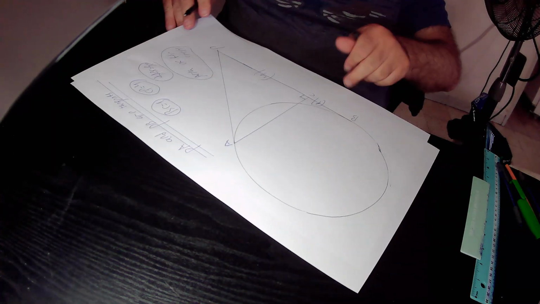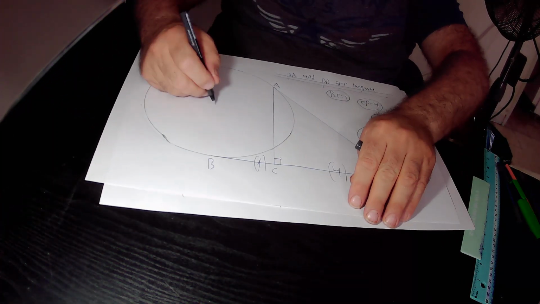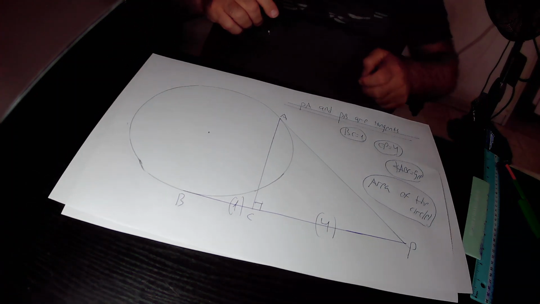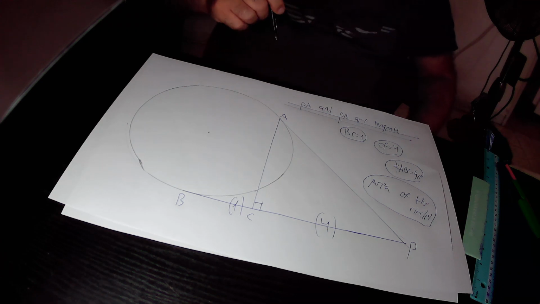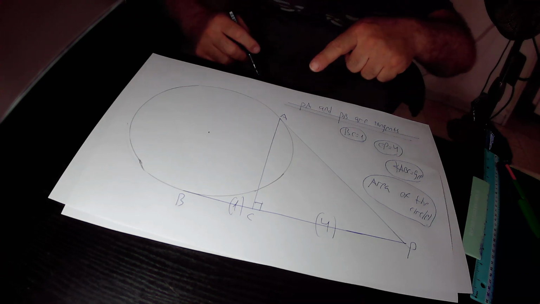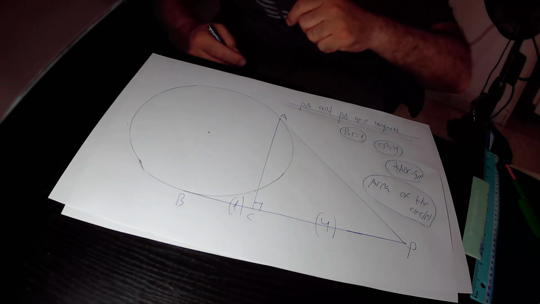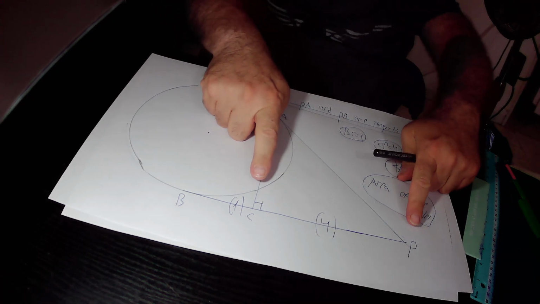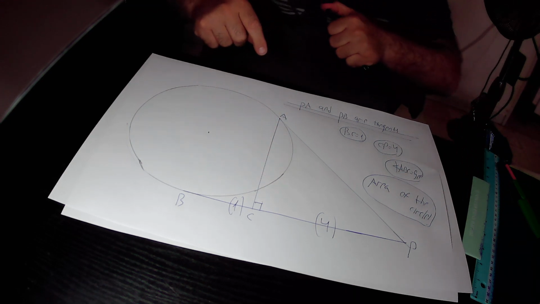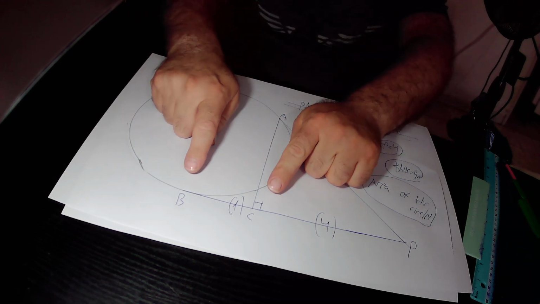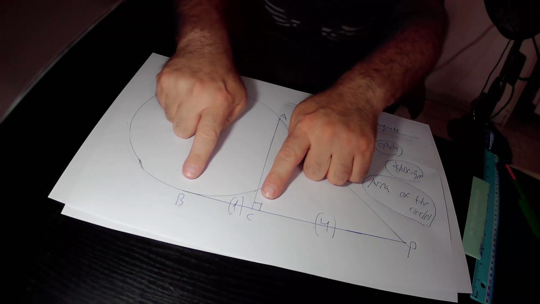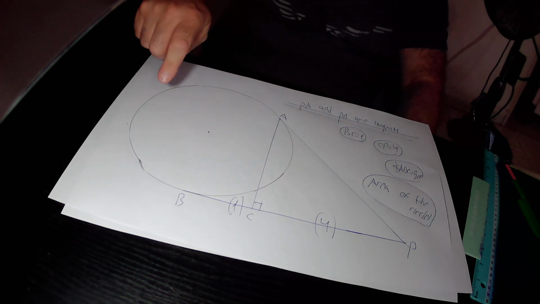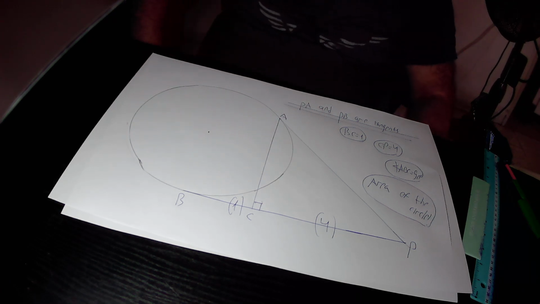In the drawing, we have a circle, and we have also the right triangle ACP that cuts the circle at 2 points, A and this point. We know that side CP of the right triangle ACP equals 4 units in length. This is side BC, that equals 1 unit. And our mission is to find out the area of this circle. So first of all,